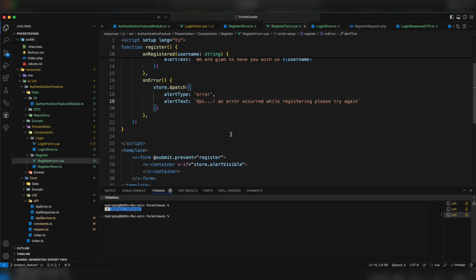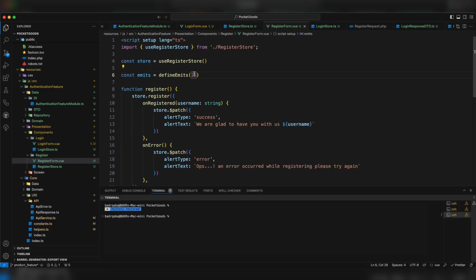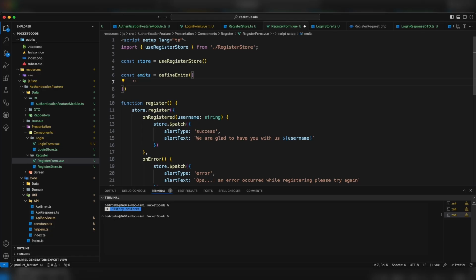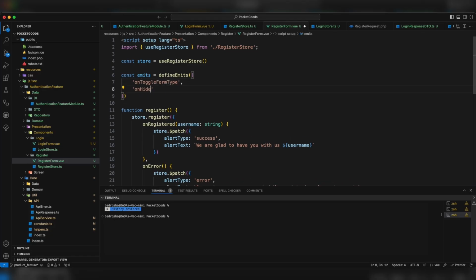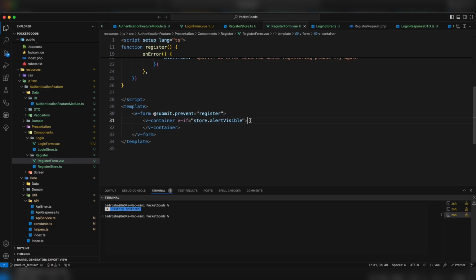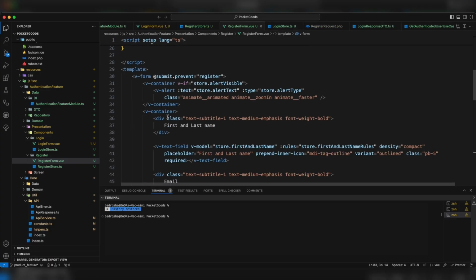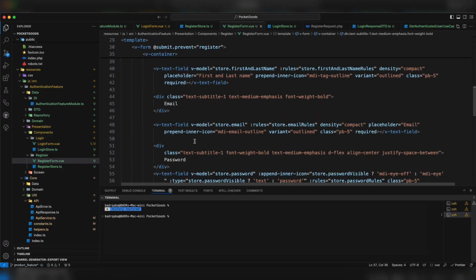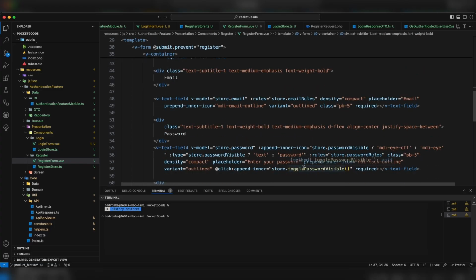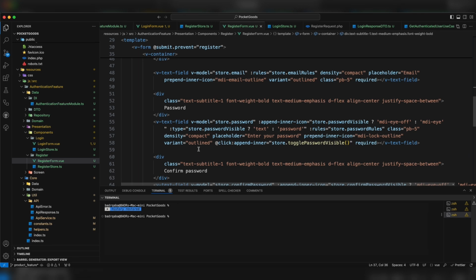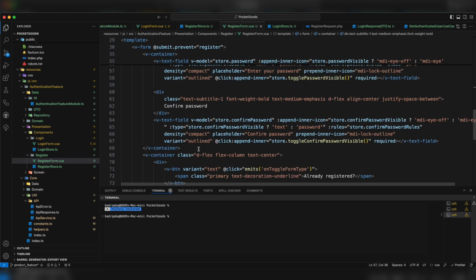Now we're going to do on login. Maybe you have an account and you wanted to proceed to the login form. So I'm going to do on toggle form type, on hide modal. For the fields, pretty much it's the same thing. Nothing special here. We have the first and last name, email, the password, toggling the visibility of the password,